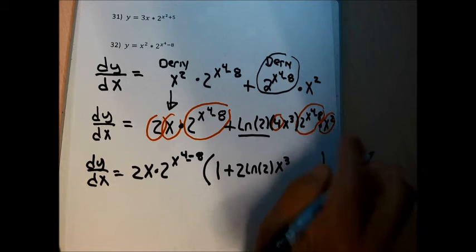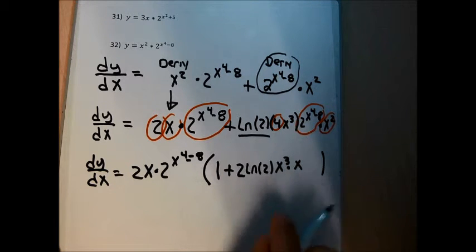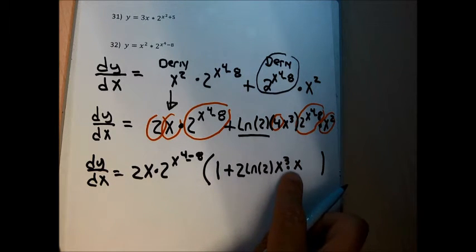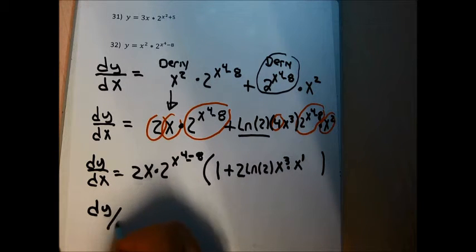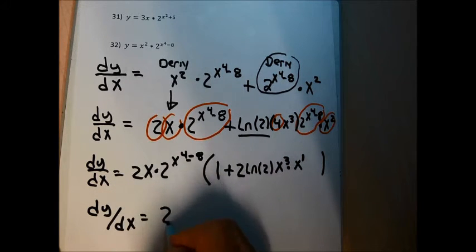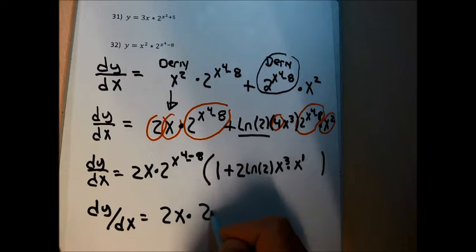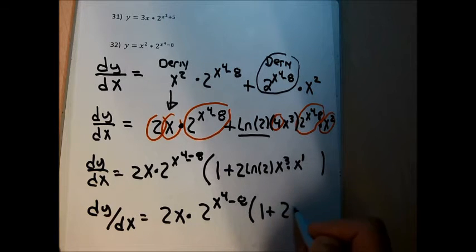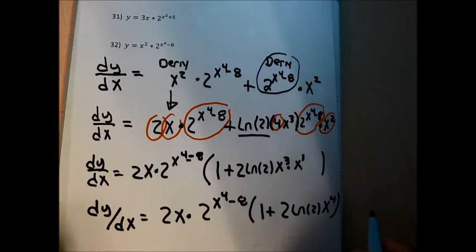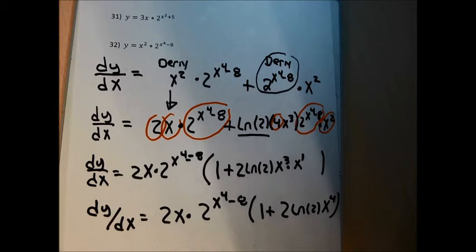I took one of those 2 x's away, so I'm left with another x. Those 2 x's, I'm going to add their exponents and get an x to the 4th. So I'm going to say dy dx equals 2x times 2 to the x to the 4th minus 8 power times 1 plus 2 natural log of 2 times x to the 4th. And I might write the x to the fourth between the 2 and the natural log of 2, but that's